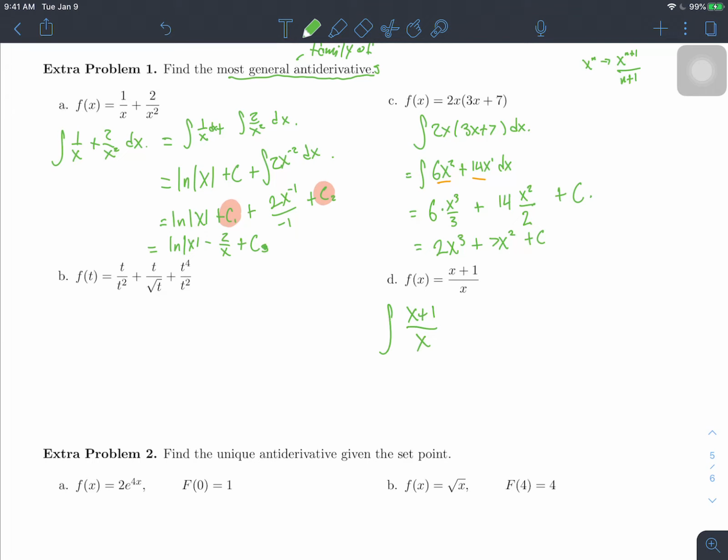Do we know how to do the derivative or the antiderivative of a quotient of functions? We have not learned anything about doing antiderivatives of quotients. So we should do something like we did in the previous problem. We should simplify and try to get it into a form that we know how to handle. How can I simplify x plus 1 over x? Could you bring x into the numerator and just have it be x to the